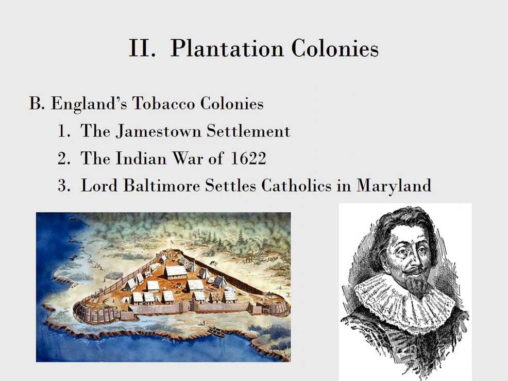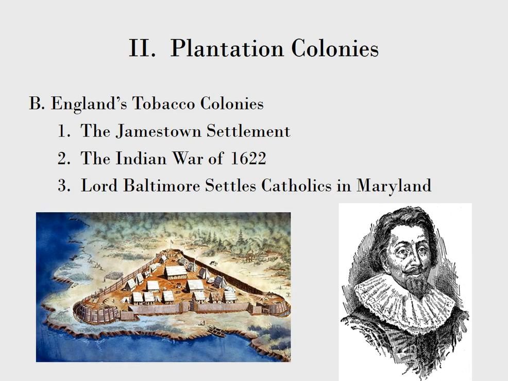Powhatan, who is leader of the Algonquins, is going to forge relations with settlers later on. He is going to marry his daughter, the famed Pocahontas, to a man named John Rolfe. So I think in the Disney version, she marries John Smith, but in real life, she marries John Rolfe. Rolfe is going to produce tobacco in the region. Production of tobacco and the availability of land grants is going to encourage migration to the region, and migration largely from England.